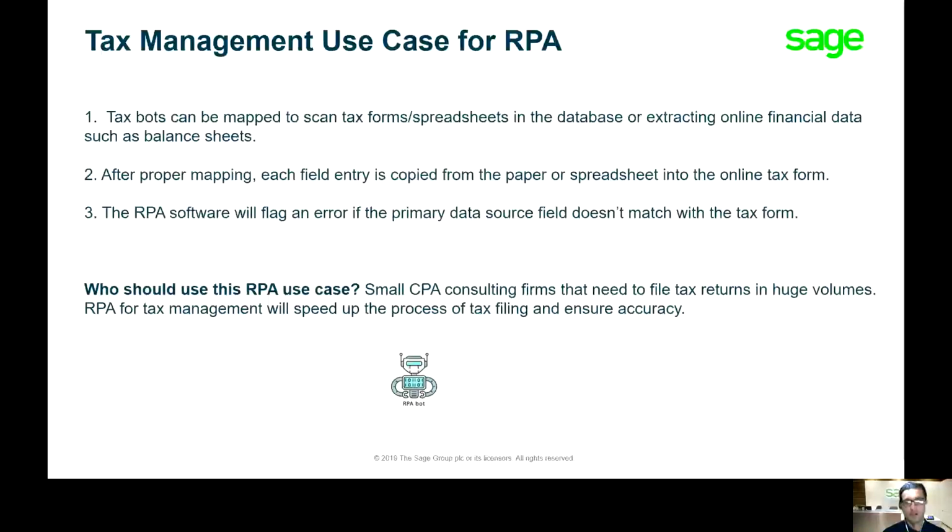Now let's look at some tax management use cases for RPA. One is a great one here. This is basically number one: a tax bot can be mapped to scan tax forms, spreadsheets in a database, or extracting online financial data, such as a balance sheet. After proper mapping, each field entry is copied from a paper or spreadsheet into the online tax form. So again, those are the business rules that I was talking about: properly mapping, making sure there's a business layer within your bot. Now, the RPA software can flag an error if the primary data source field doesn't match with